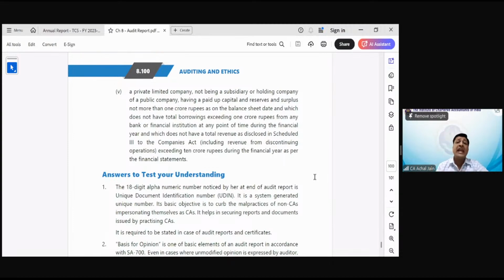Further, any attestation which is done, attestation meaning audit report, any certification, or any report which the auditor will issue, that is where this UDIN is required to be quoted. Every time you generate a UDIN, you will not get a standard UDIN for all the reports. Every time you will get a different number, for example, like when you generate an OTP, you keep getting a different one. OTP is 4 digits or 5 digits, 6 digits. But this is 18 digits and alphanumeric. So that's how it works. Clear? Everyone clear? Okay, now